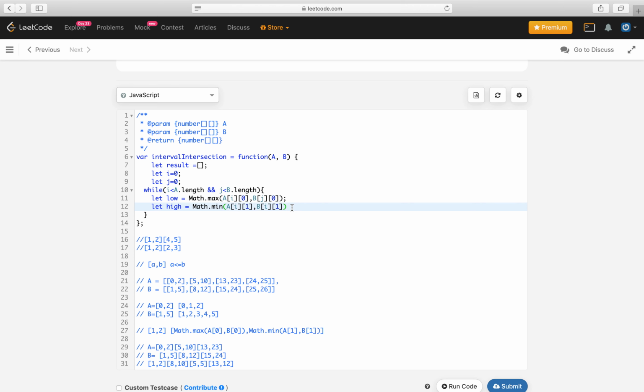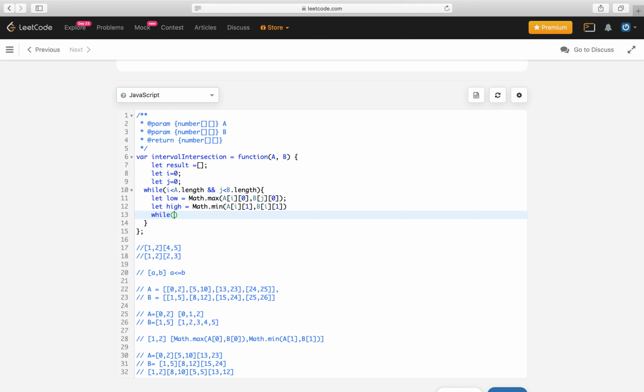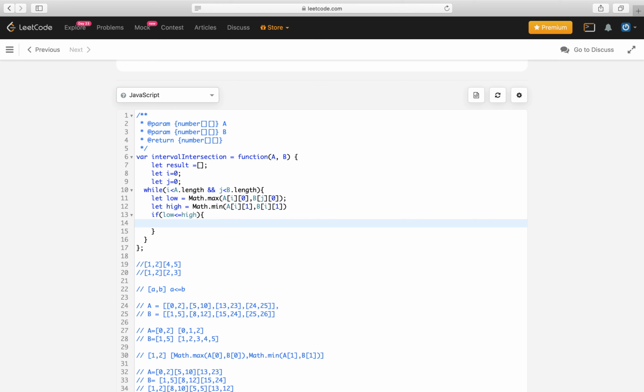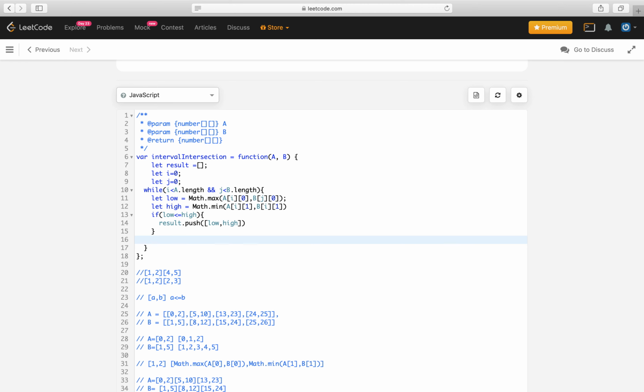No, not while, we just have to do an if check. If low is less than or equal to high, then we simply push this to our result: result.push([low, high]). And how do we move forward in the loop?